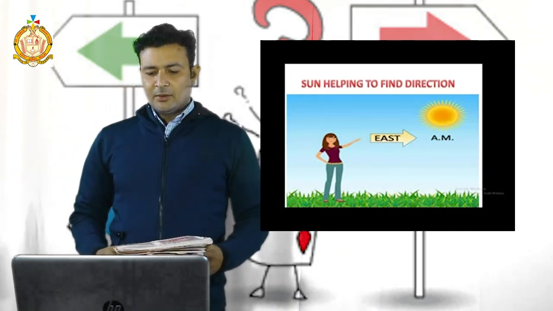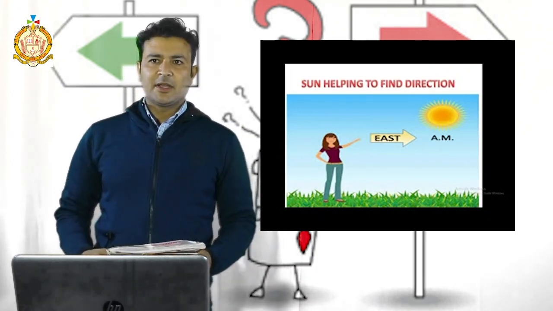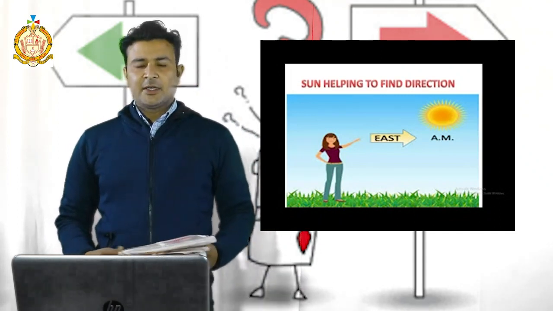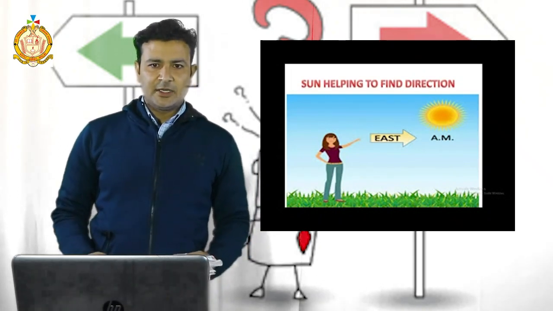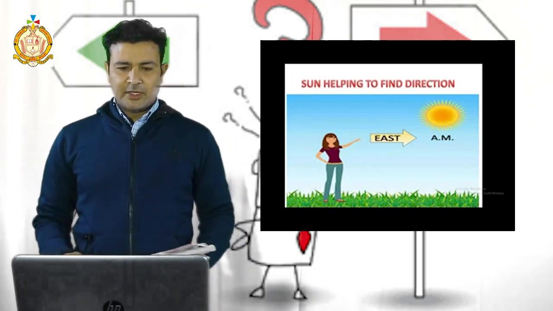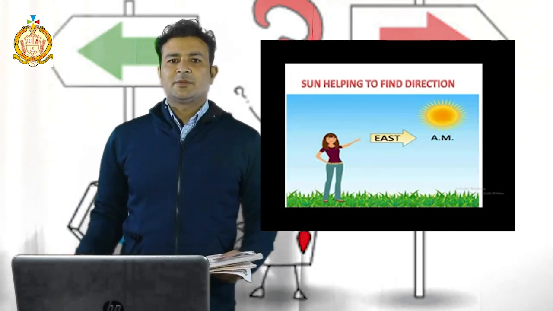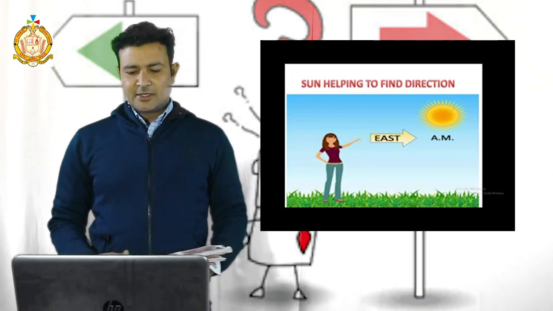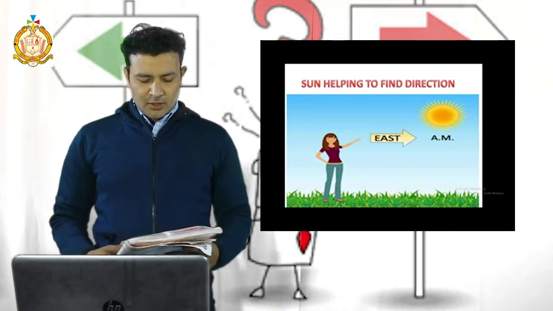Same, when the weather is changing, at that time it is very difficult, because during the time of cloud we are unable to see the sun, but the direction will be the same. Don't be confused. If the sun is not there, it will be difficult for you, but the direction will be the same. If the weather is cloudy, you have to stand in the same place, then easily you will get the directions like east, west, south, and north.